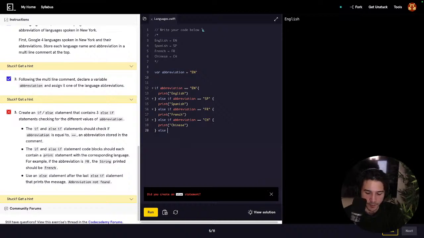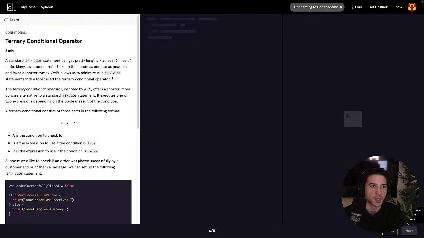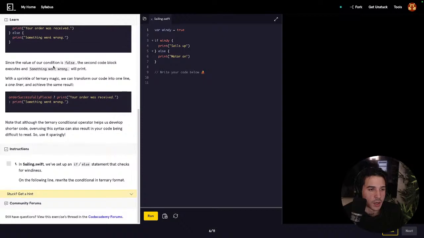Else statement, prints the message. Ternary conditional operator, question mark and a colon. Cool. In Sailing Swift, we've set up an if-else statement that checks for windiness. On the following line, rewrite the conditional in ternary format. So